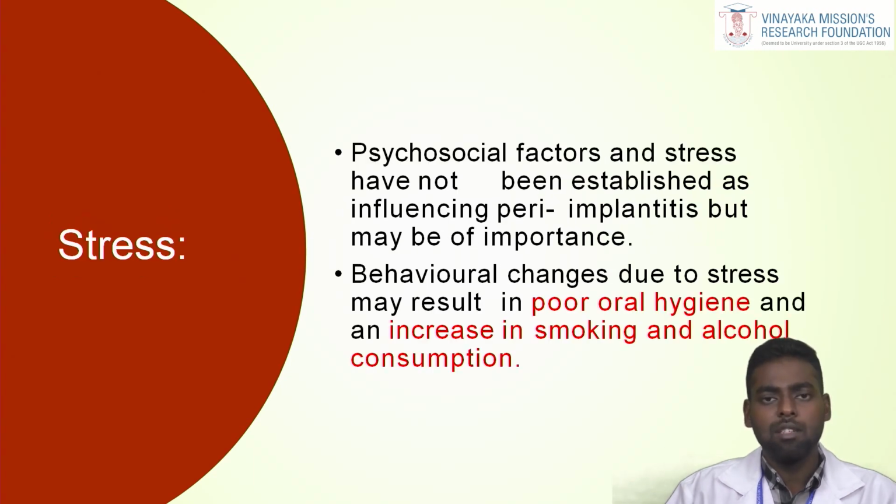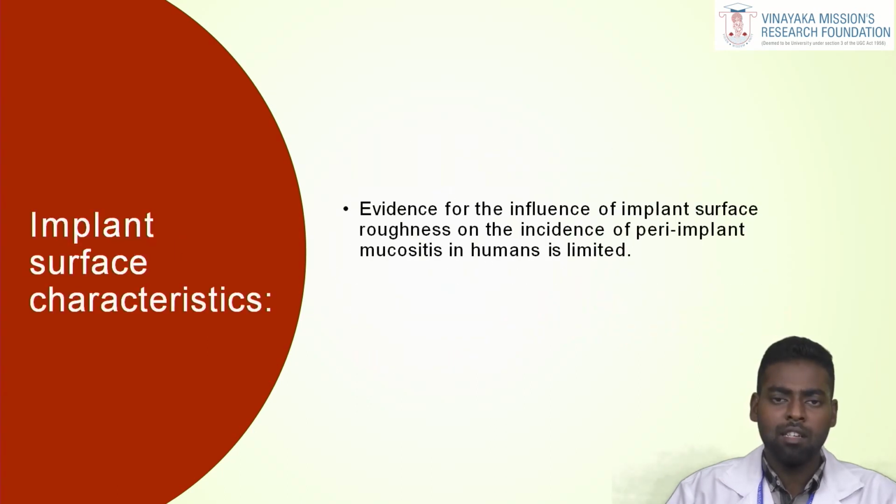But with stress, we will see that stress is not directly involved in any kind of implant failure. Rather, the psychological behavior because of stress leads to improper brushing techniques and improper brushing conditions, which involve stress-related smoking and stress-related drinking, causing implant failures. Moving on to implant surface characteristics, whenever there is implant surface roughness, it must be polished or maintained. If it is not polished, it will pave the way for bacterial deposits on the surface and cause abnormalities or infections around the implant, leading to implant failures